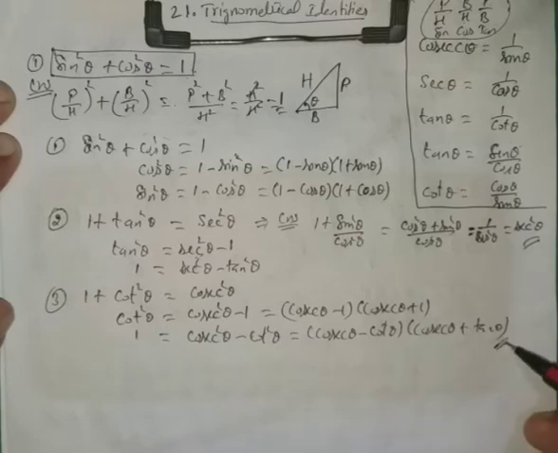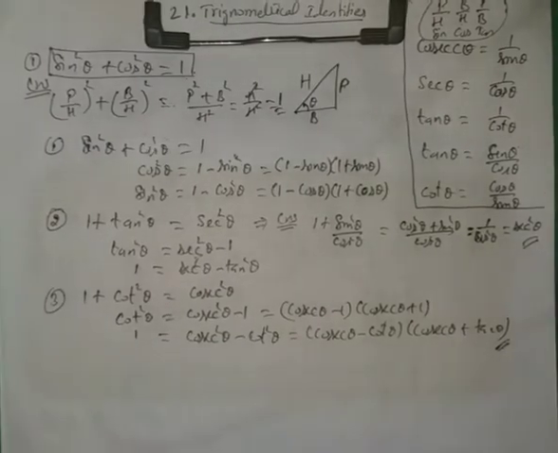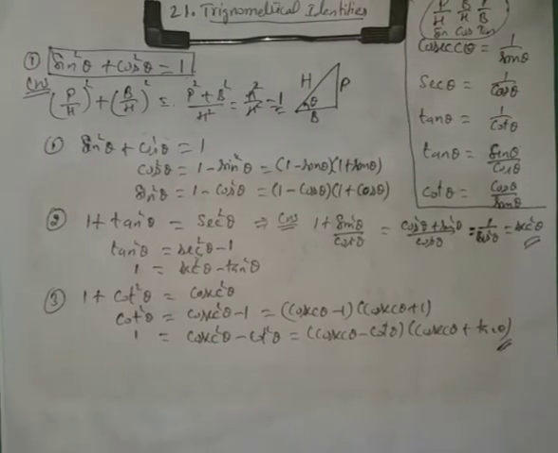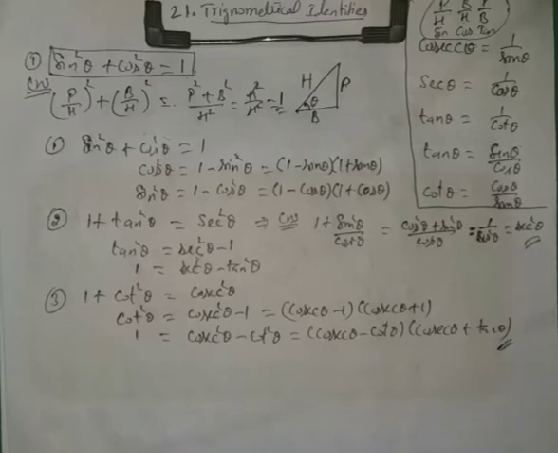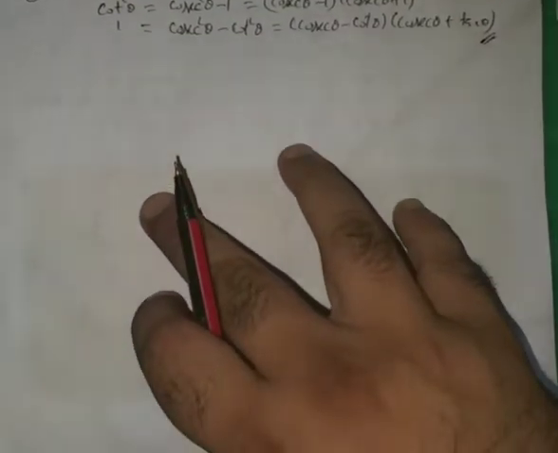Now based upon this, we will try to solve some of the questions from your exercise. So in our questions, what we have to do is try to bring each and every term in terms of sine and cos. Means we will try to make everything in terms of sine and cos, and then we will be able to prove the required things. So now I'm moving on to your exercise 21A.